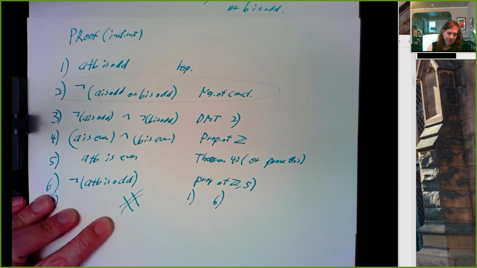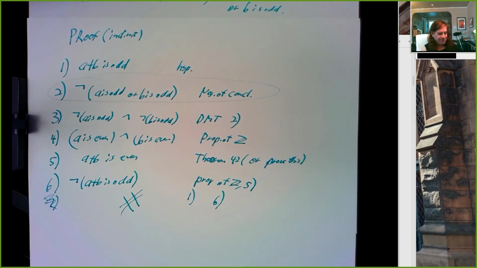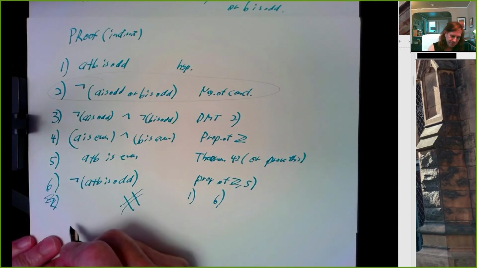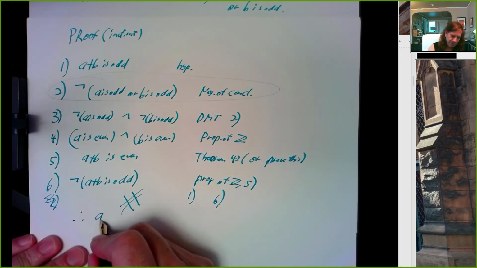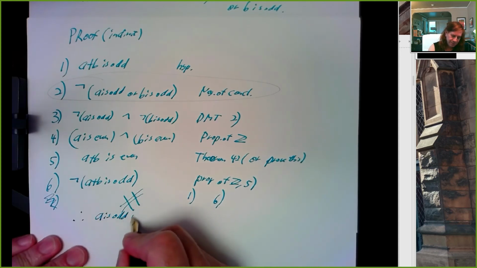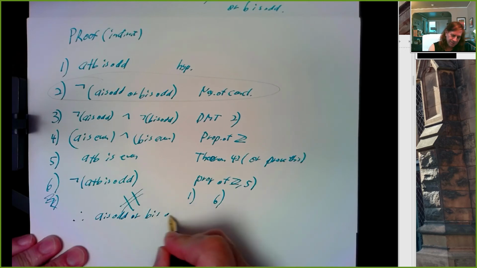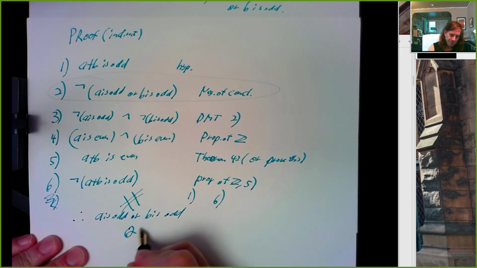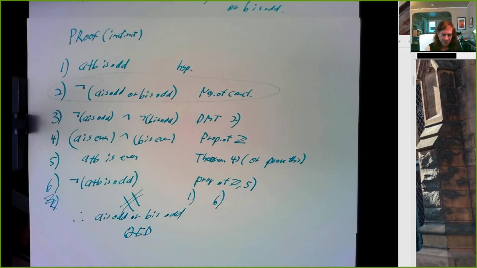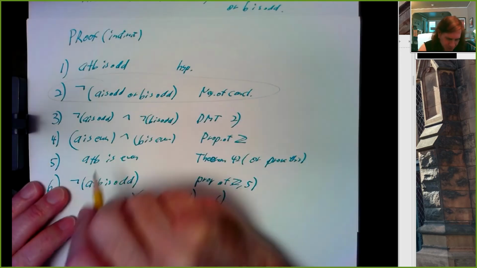Oh. And so therefore, A is odd or B is odd. Oh, I see. And really what happened was